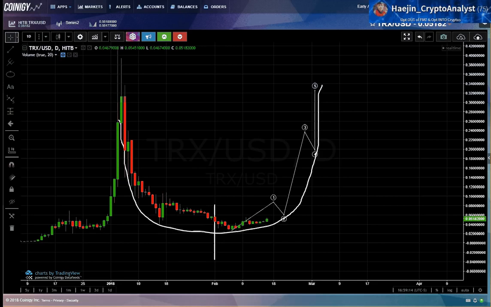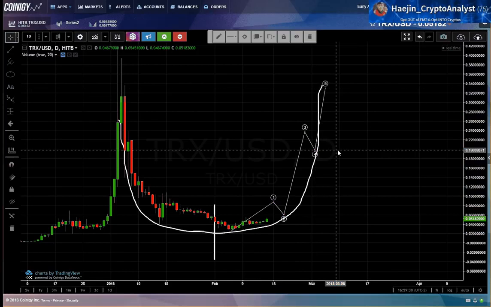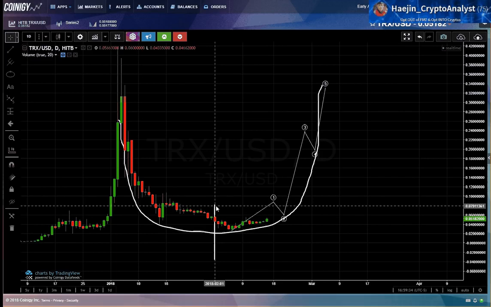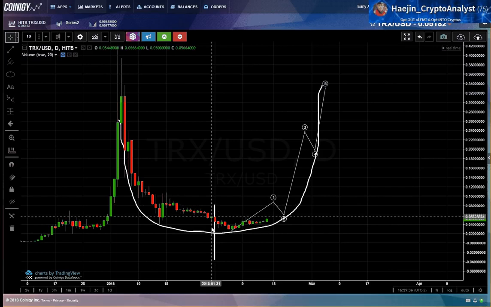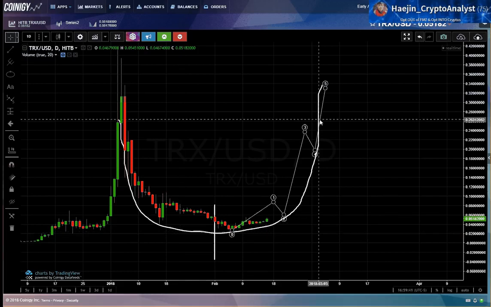Here's an update for TRON, TRX to the USD. So for this, last time in the update, I had left it off with this pattern as being a likely event. I had discussed at that time also that the midpoint of this correction, if this pattern is actually what happens,